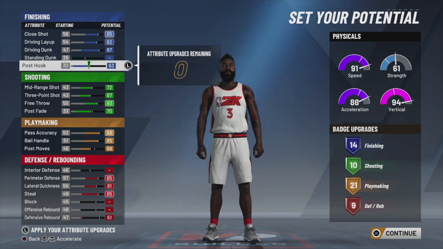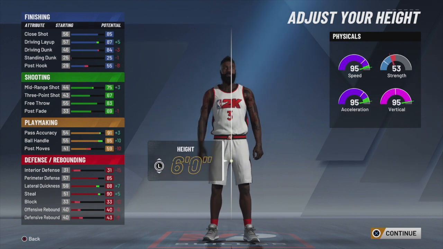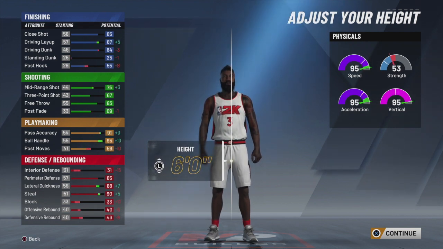This is actually better than I initially did it, because the post hook is high enough to actually make, even though you won't be doing it as much or pretty much at all. Having that rating so that you can actually hit them or green them. Okay, so you want to go all the way down. Well, now it's messed up. It's at a 55. But